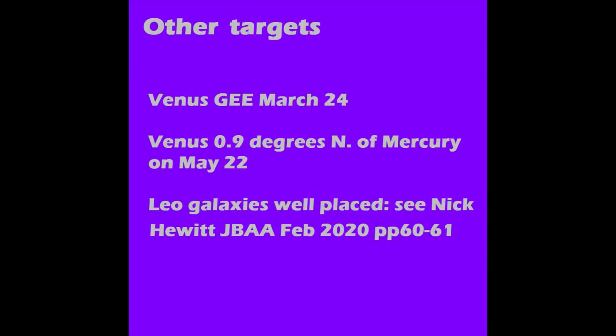The other thing that you might like to do in the spring, as spring has now arrived, is to have a look at some of the well-known galaxies in Leo. Leo has many of them, and as Nick mentions, in the coming months there'll be marvellous opportunities for seeing these. Have a look at the February journal on these pages where Nick gives advice and tips.